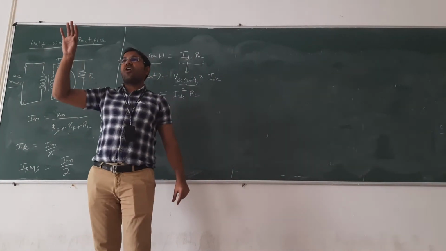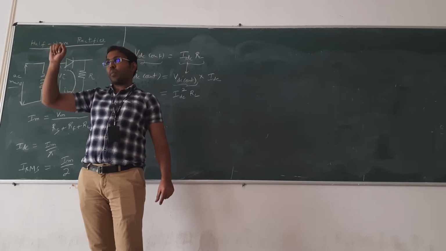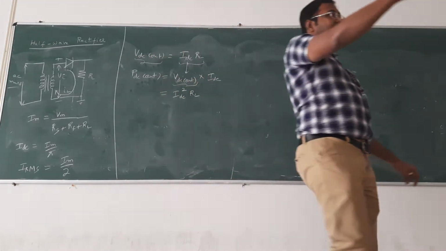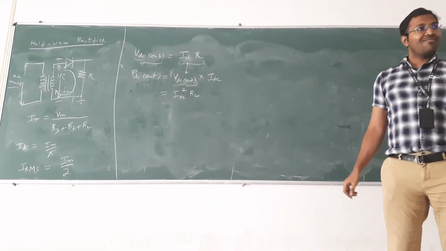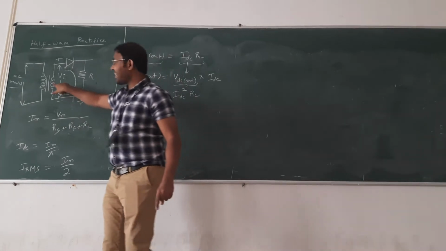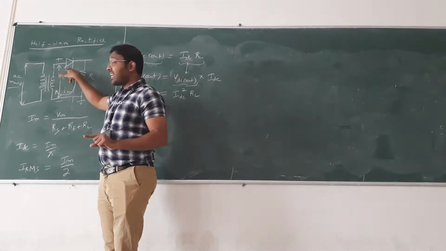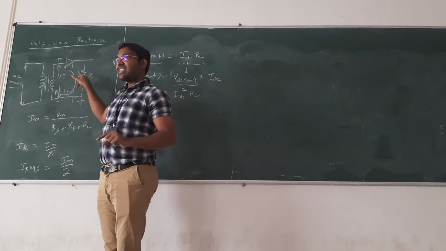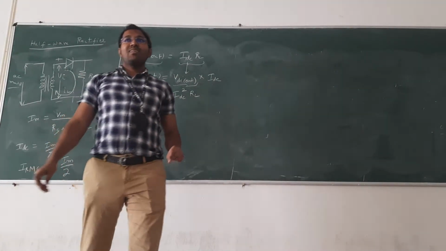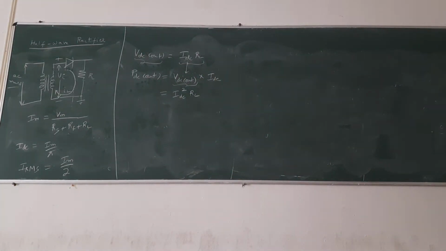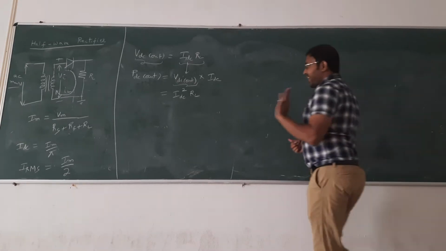So what will happen when the diode goes on, off? Diode is on, current will flow. Diode is off, current will be zero. Which current? All currents. The current here, the secondary of the transformer, the current here, as well as the current here. These are some of the basics of electronics. Clear? Now any doubts? Raise your hand. Everything is clear? Okay, fine.